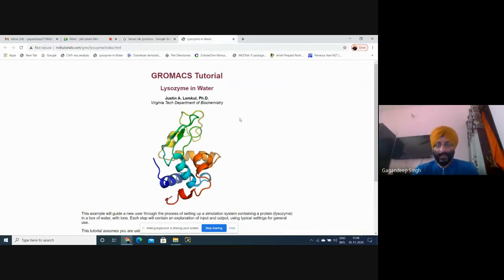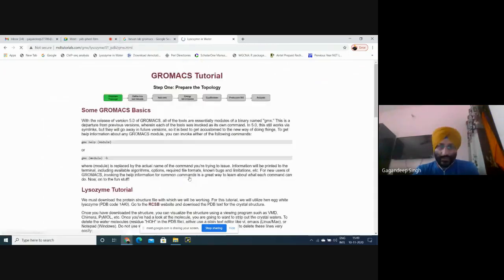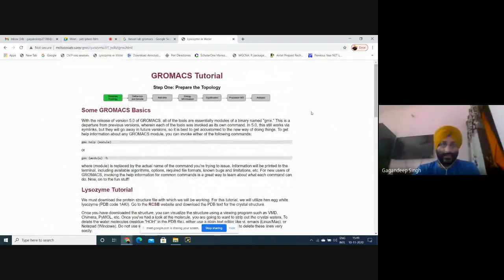That means in its exact condition, where we need to remove or add water molecules, and what the stability of that structure is, and how we will know whether it is stable or not. If the structure is stable, then we can select it for our drug designing purpose. So first of all, how will we start this tutorial? First, I'll just show you this tutorial. After that, Nishant will perform it on a Linux system, because I don't have any access to Linux right now.